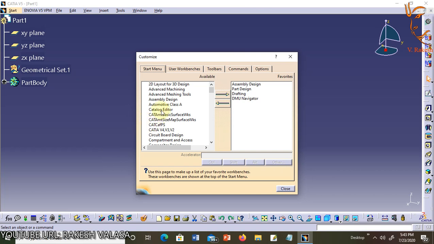With your mouse, scroll down through the list and find the Assembly Design workbench or Sketcher. I am selecting the Sketcher workbench.